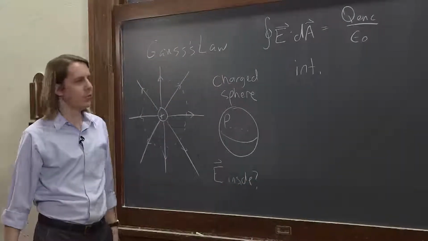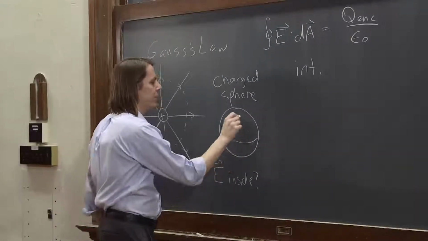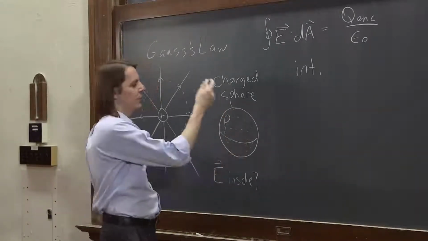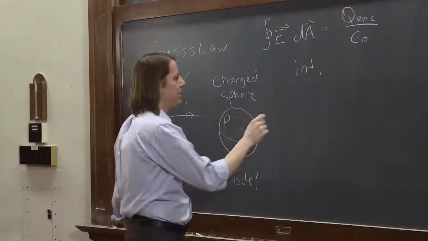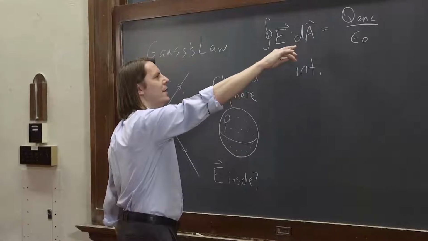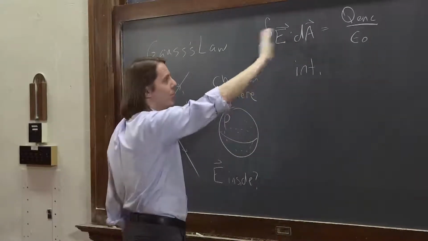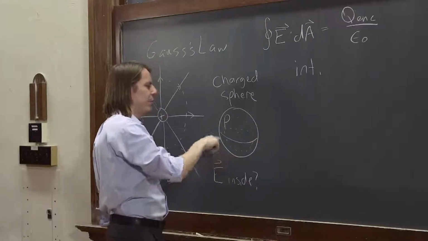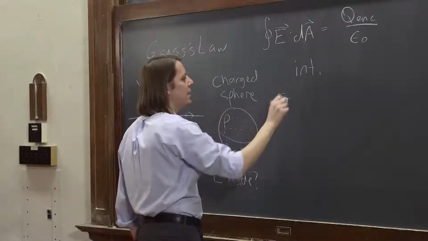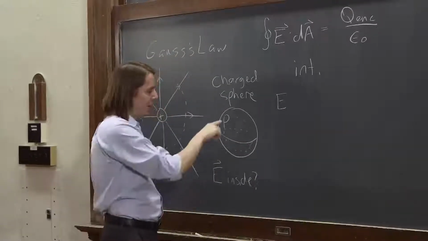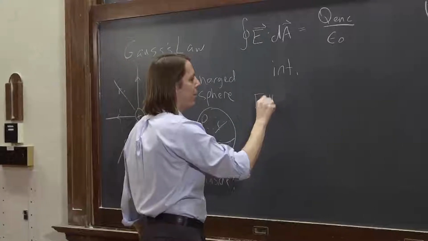So if you're going to use the integral form, you would draw a spherical Gaussian surface inside, centered on the sphere, all the standard stuff we talked about in the Gauss's law chapter, and you'd say the integral of E dot dA, well, E vector and dA vector are the same direction, so the dot product goes away. E is constant over the surface due to symmetry. It comes out of the integral, and you end up with E times the area of that Gaussian surface, if it's at some radius r, is 4 pi r squared